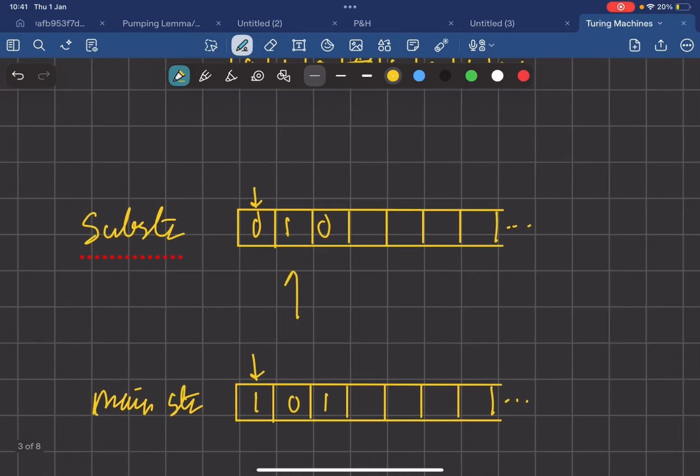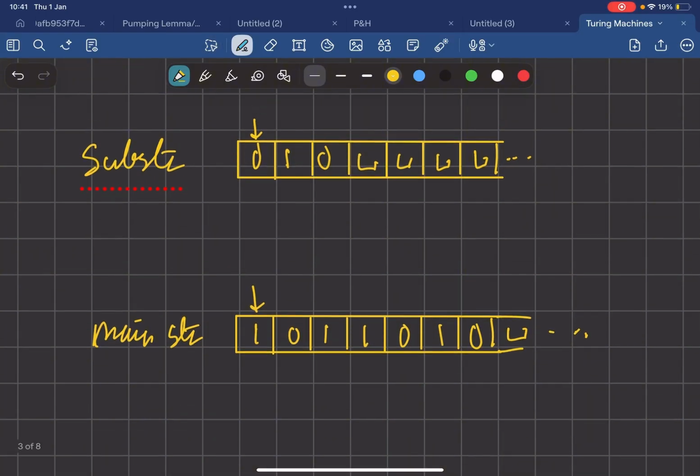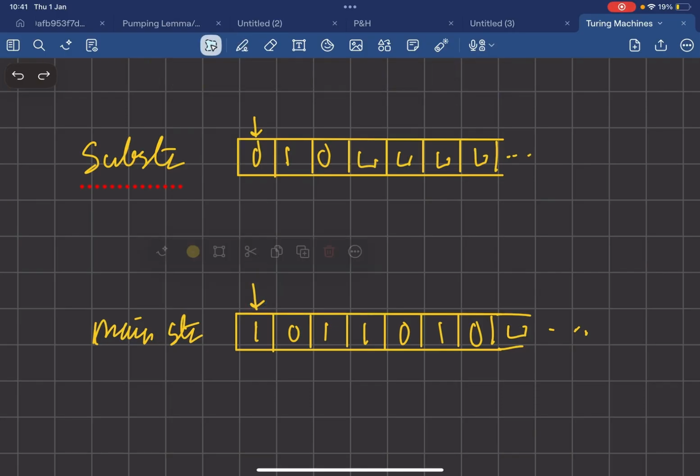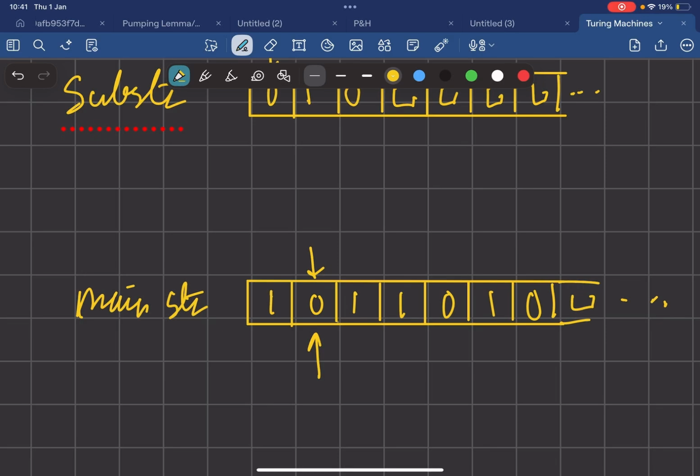Let's say this is the substring we're trying to find within another string. So it's very similar to before. And this is the main string. So again, what we need to do is try to match each character. They're not the same, so therefore we move the main string read head to the right. They're the same, and so we need to remember that this is the previous starting position, and then we increment